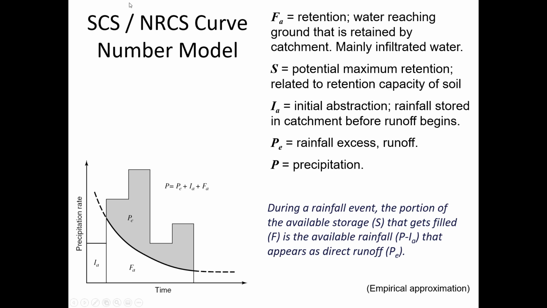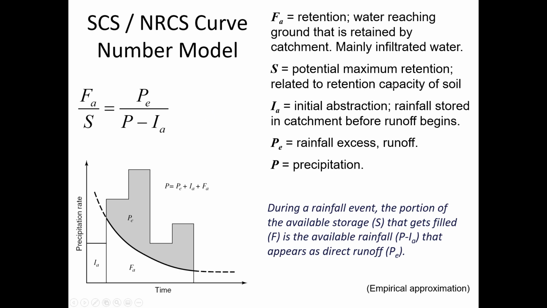The water comes down from the sky, and it's either wetting the surfaces, which is the initial abstraction, penetrating into the soil, which is the F sub A, or running off, which is the P sub E. So that's the NRCS method. Now, I think maybe we've touched on that idea before, but what's new is the way that they account